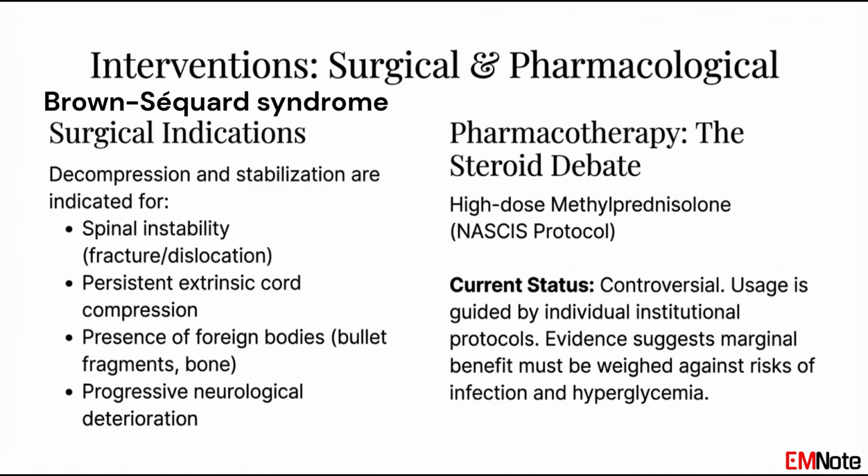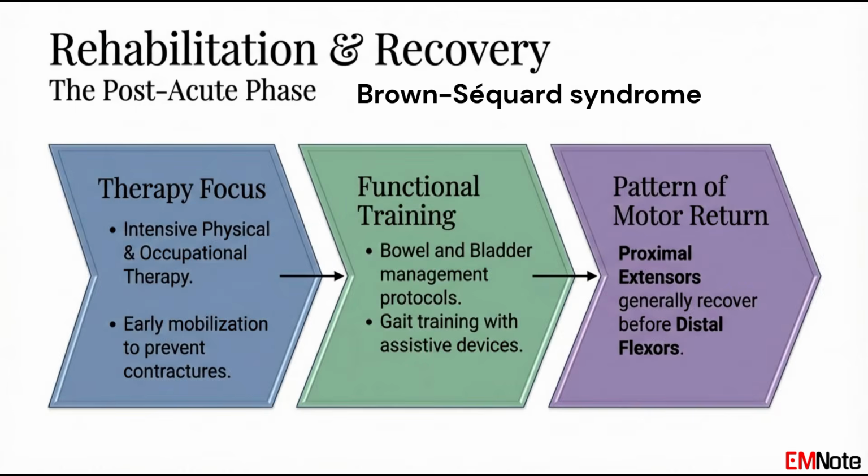Surgery is not always necessary, but is indicated if the spine is unstable or if there is something clearly pressing on the cord that can be removed. Unlike many other spinal injuries, the focus here shifts very quickly to intensive rehabilitation. Because these patients often have one good side and one weak side, their rehabilitation trajectory is quite different from those with complete paralysis. They require specialized physical therapy to balance their gait and occupational therapy to manage daily tasks as